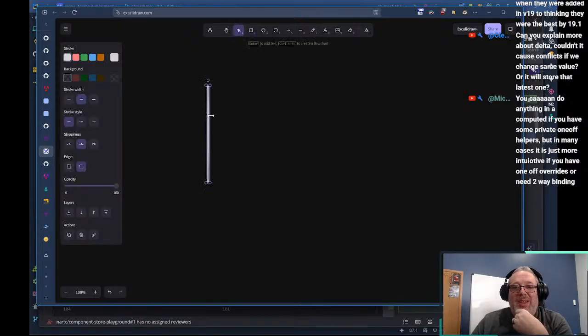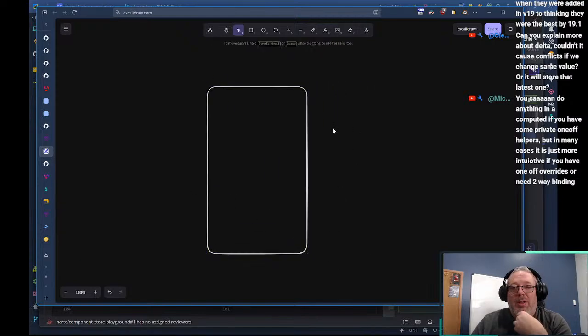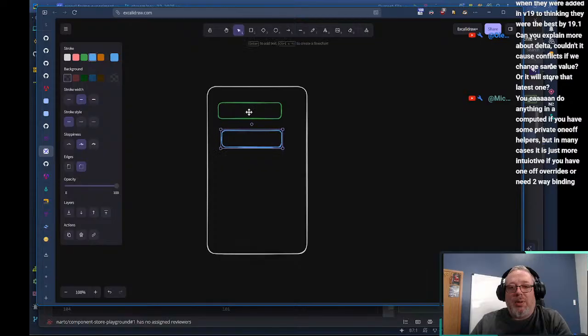So let's say we've got this object, right? And within this object, we've got green, blue, and orange properties, right?